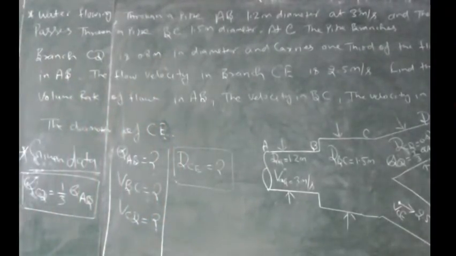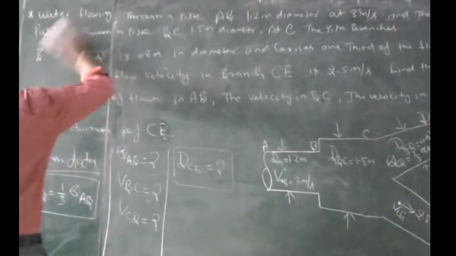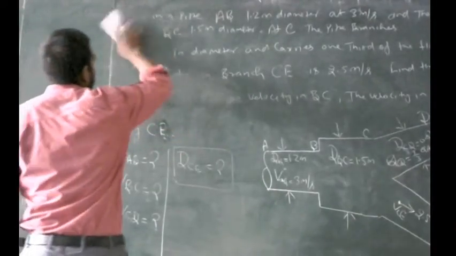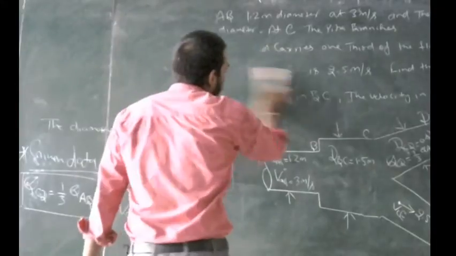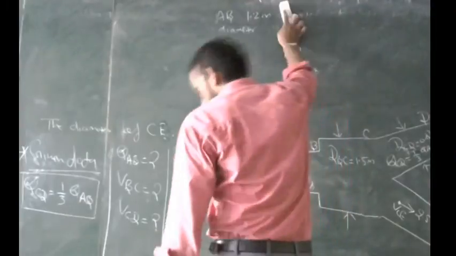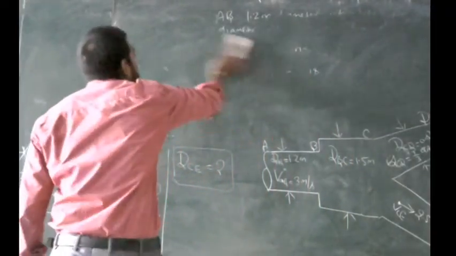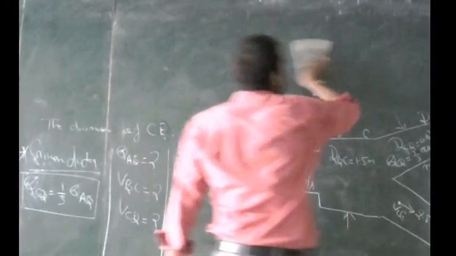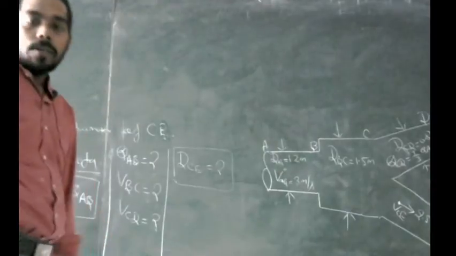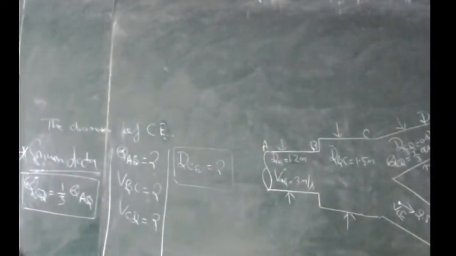Okay, now we can remove the question. You can see that when you read the question 2 and 3 times, you will be able to know how to draw the sketch. So it is very important to read the question 2 and 3 times carefully. If you understand what the question says, you can easily draw the figure.